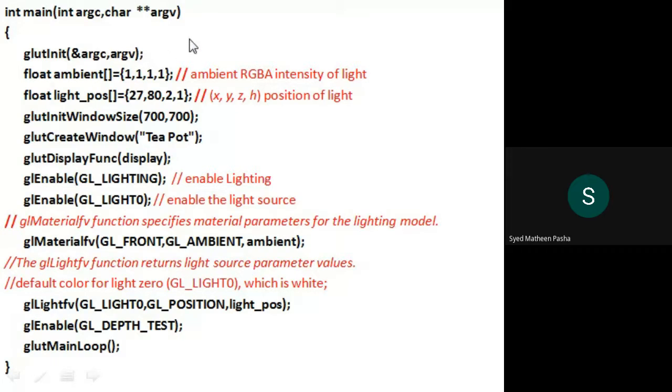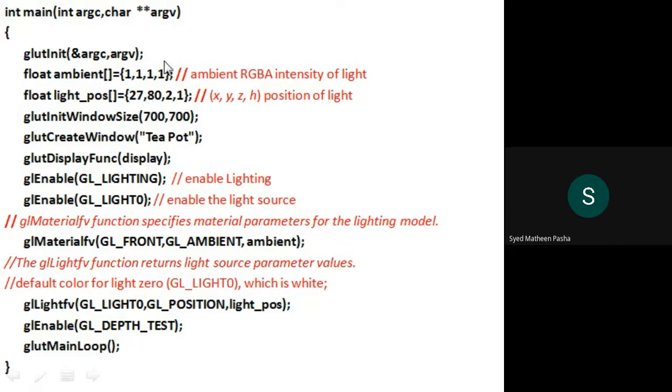Now, as the program says, we have to specify the parameters of light or properties of light sources. So I should specify the intensity of light in the program. So I'll be using ambient light there. I'll specify the intensity of ambient light with a float ambient array by passing the parameters, which are RGB as well as alpha.